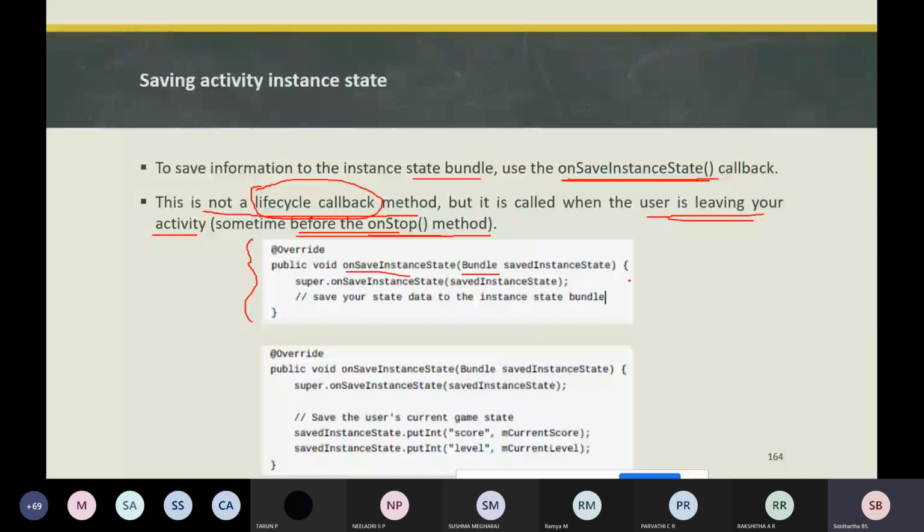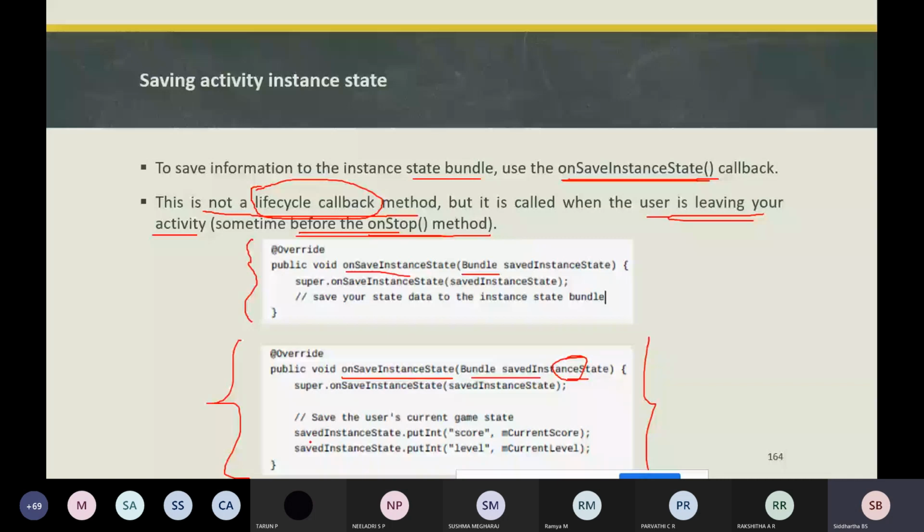This diagram is just an example, where in onSaveInstanceState the bundle object uses putInt with a key and a value.